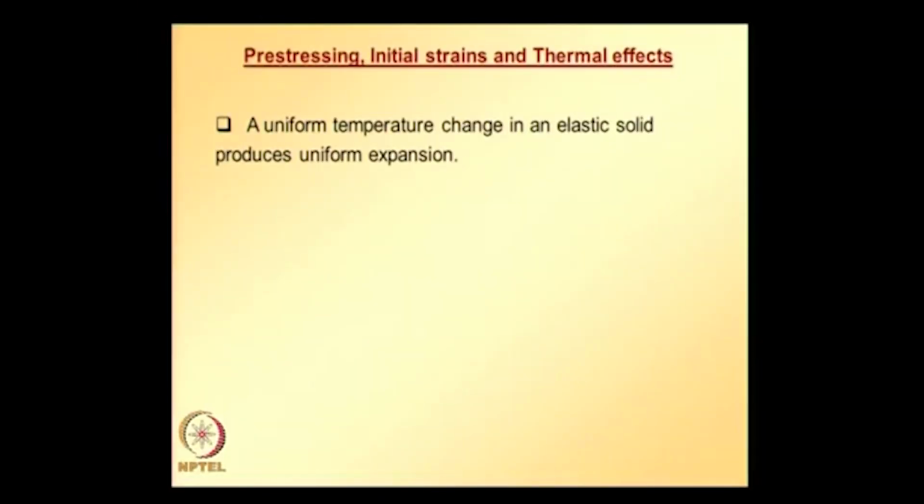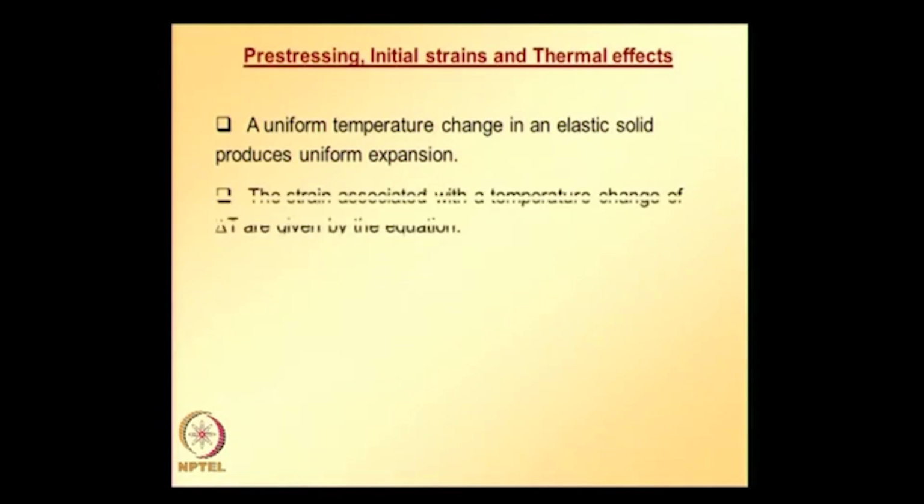A uniform temperature change in an elastic solid produces uniform expansion, that we already know. Strain associated with temperature change delta T is given by this. Only normal components will be non-zero, shear components are going to be 0. So, this is a strain associated with temperature change of delta T in an elastic solid,